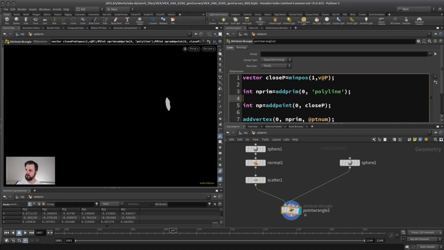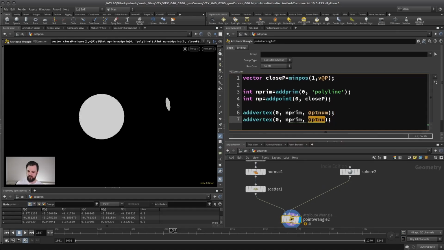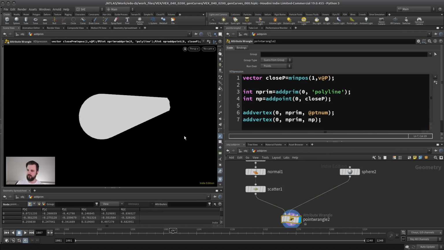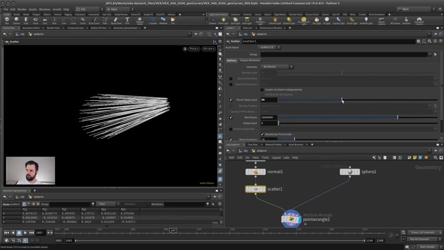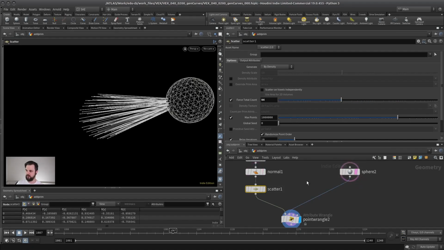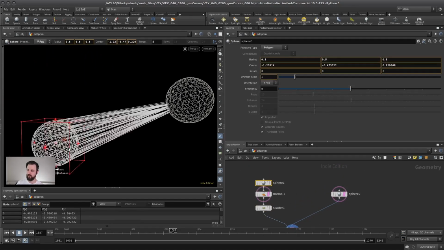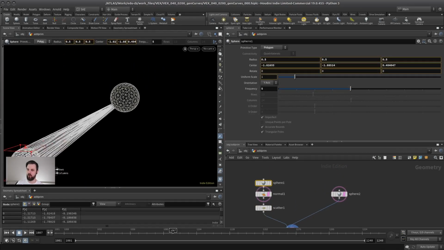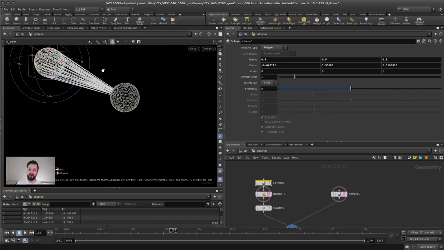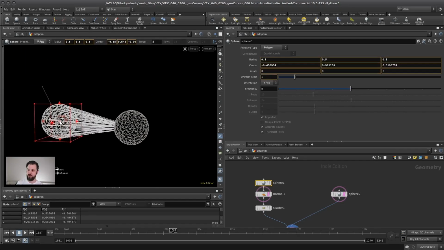And this one I add as well to my curve, and it lives in NP, of course. Now I get this. It's a bit too many points, but here you can see the idea. The second sphere is now always looking for the closest position and creates a curve there. We will use this actually in another video later on, but in this case I want to use this for